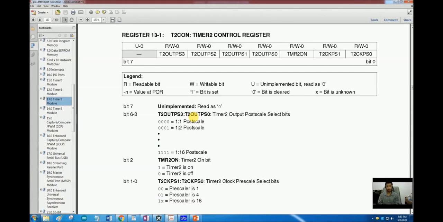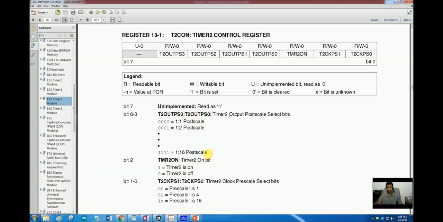Our waveform should not have a duty cycle of 50%, so we cannot simply toggle the pin. We have to see its previous state, and if its previous state was 1, we have to set it to 0 and give a delay of 100 microseconds. And in the next cycle we again have to check its previous state, and if its previous state was 0, we have to set it to 1 and give a delay of 200 microseconds. So now the duty cycle will be 66%, 200 microseconds on and 100 microseconds off.